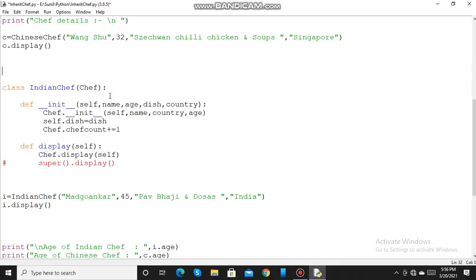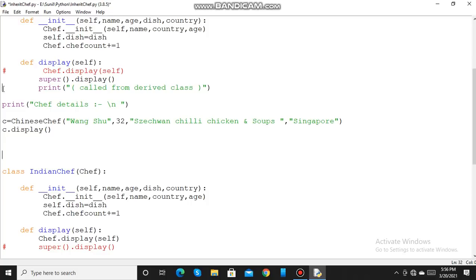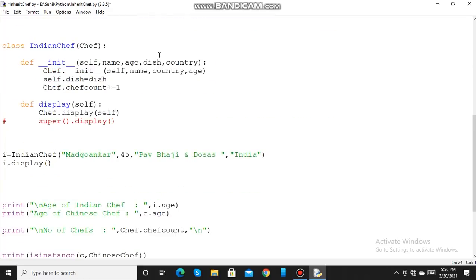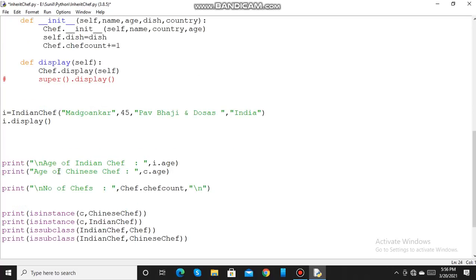So here I have defined another subclass Indian chef. So everything is similar to the Chinese chef. Here the object is I, and these are the arguments of the Indian chef. So the details of the Indian chef are displayed here. Then after that, I am printing the age of the Indian chef and age of Chinese chef.